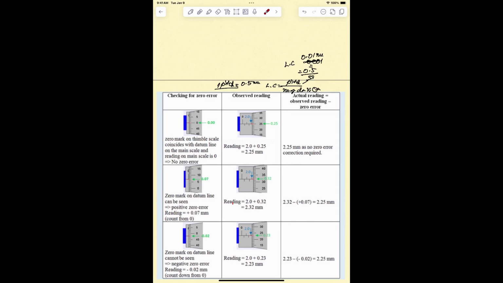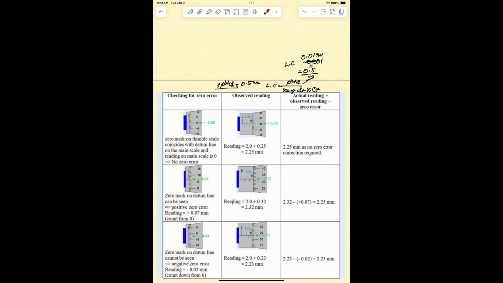Because when the two studs are brought in contact, the zero of the head scale is exactly coinciding with the reference line of the main scale, and therefore there is no zero error. And also now the reference line is like this, and then you find it exactly now coinciding